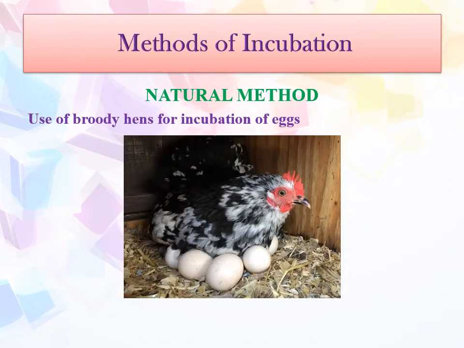Now suppose the storage period of 12 to 24 hours is complete. Now the eggs are ready for incubation. So first we will start with the method of incubation. So till now we have learned which type of egg should be selected for incubation at breeder farm. Then after selection or collection, the eggs are stored into the egg storage room of breeder farm. Once the sufficient quantity is there, then they are transported to hatchery. In the hatchery itself, they are stored into the egg storage room for 12 to 24 hours, and then they are put into the incubator for incubation. So this is the artificial method. Another method for incubation is natural method.